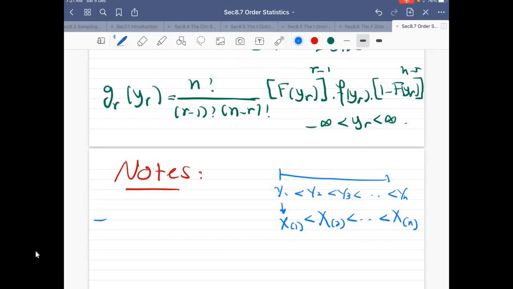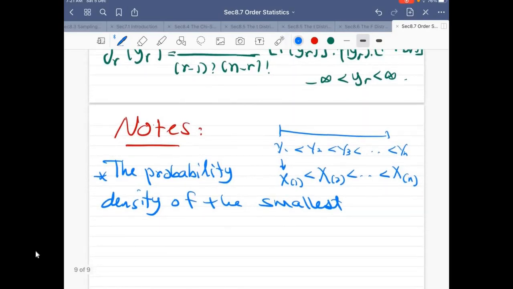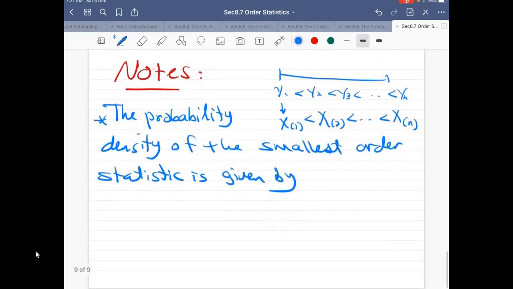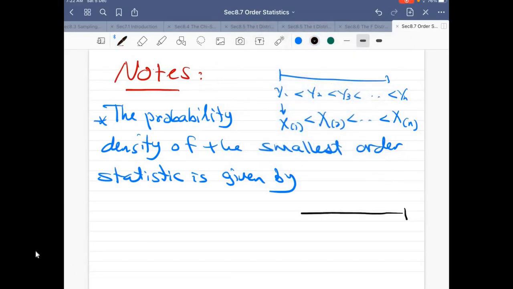The probability density for the smallest order statistics is given by